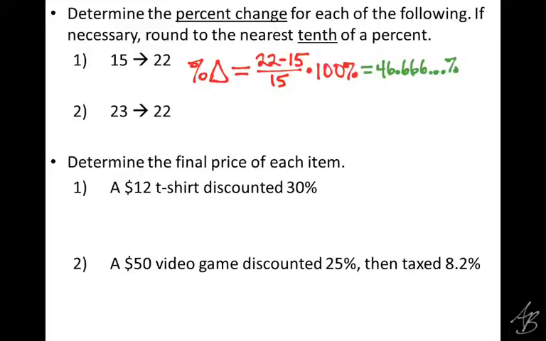Round to the nearest tenth. So the tenths place is going to be the first one after the decimal. Get rid of everything after that. And when I get rid of the 6, what's it going to tell me to do with the 6 that I keep? Go up to a 7. So we end up with